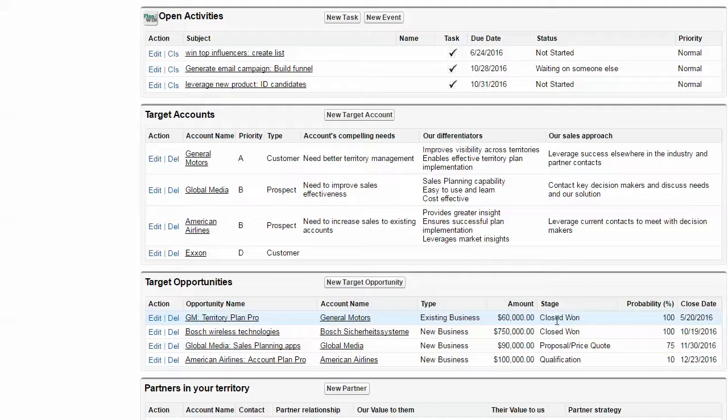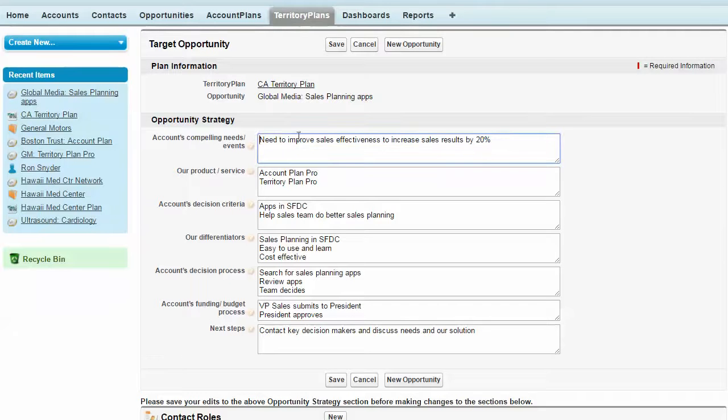Likewise, in the target opportunity section, all of this data came in automatically from the opportunity object when you brought that opportunity into your plan. And you'll notice that the amount field is the amount field that is used up above for sum of closed and sum of open opportunities to do the pipeline gap calculation. Again, you would click to the left of any one of these opportunities, and that would take you to the